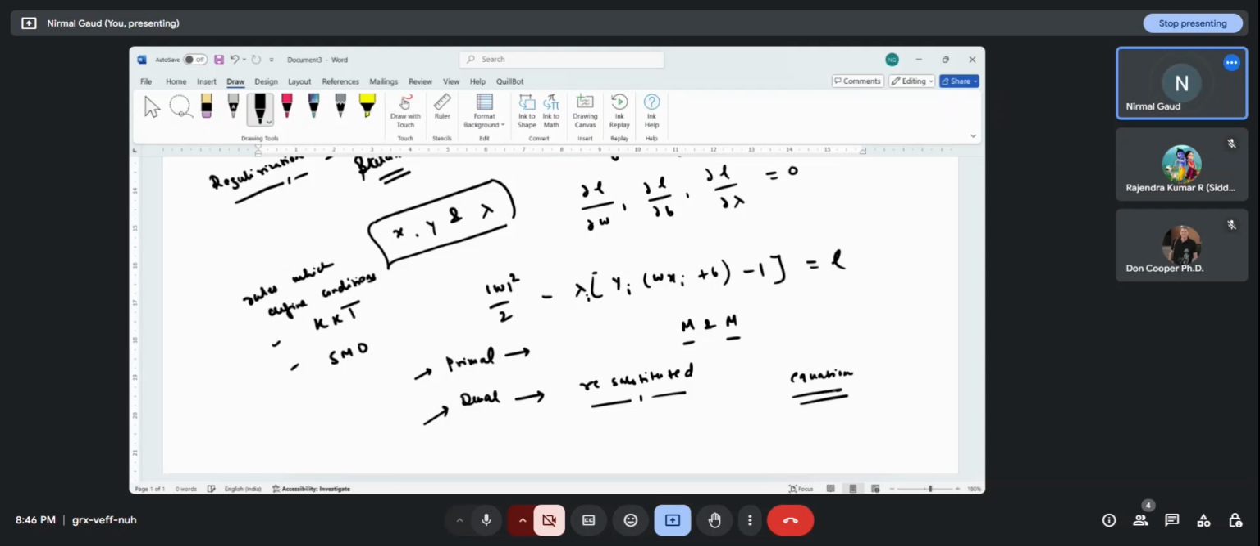And then on the basis of that equation, we found the value of lambda and w, and by them we found the value of b. So with KKT, SMO was also used,